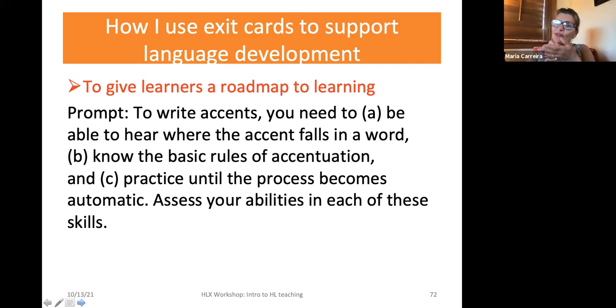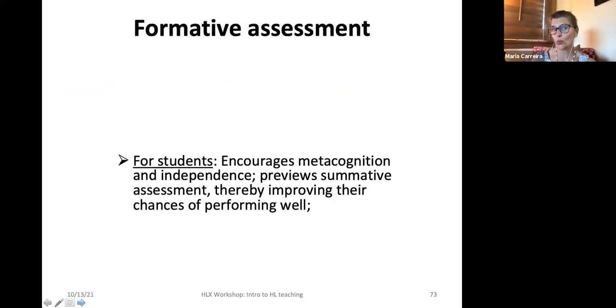So now they're sitting there filling out the exit card the last 10 minutes of class, and they're thinking, I think I can hear it. Yeah, but if I do what she tells me to do, I can hear it. The rules, not so much. Practice, forget it. So they turn in this information to me. I take my exit cards home. I read through them. Oh, by the way, sorry, before I do that,